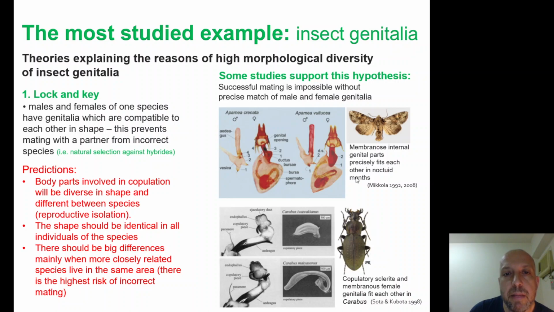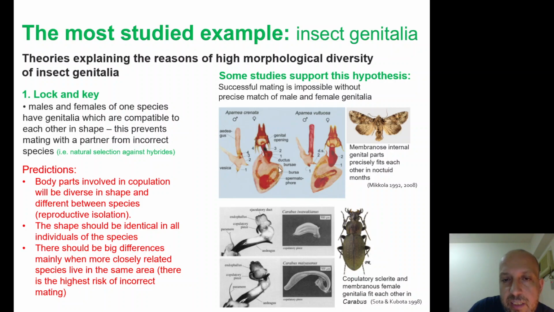The reason for that is that in many arthropods and most insects, the fertilization of the egg is not happening at the same time as the copulation. So the female actually stores the sperm in this special pocket in her genital system, and then later uses the sperm to fertilize her egg. So the goal of the male is actually to deposit the bag of sperm in this correct pocket. And in these moths, they found that actually, if the shape of the male genitalia is not precisely fitting some kind of